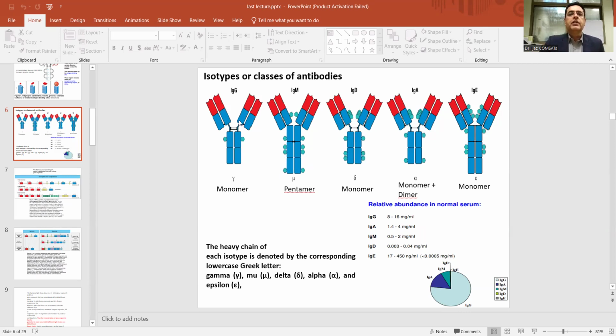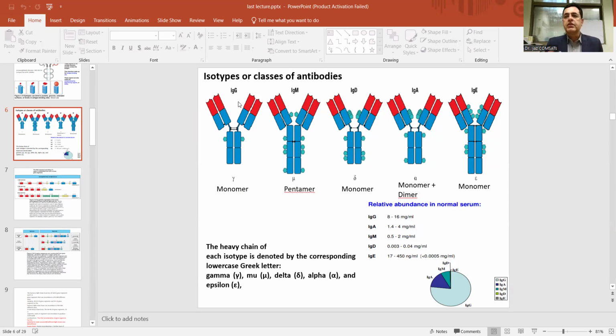This is secreted in monomeric form. The IgG is monomeric, IgM is pentameric, IgD is again monomeric. The IgA can be monomeric or dimeric, and IgE is monomeric as well. This table actually shows you the relative abundance of these antibodies in normal tissues. But the most important thing that you should remember is